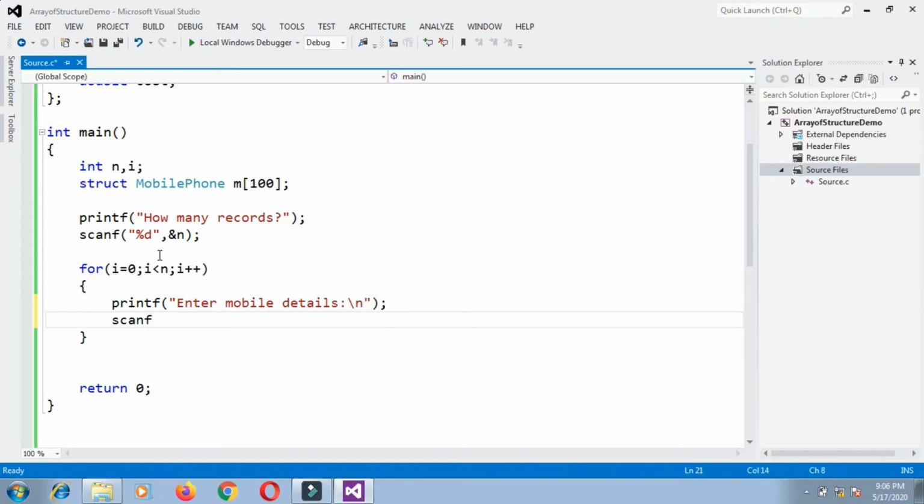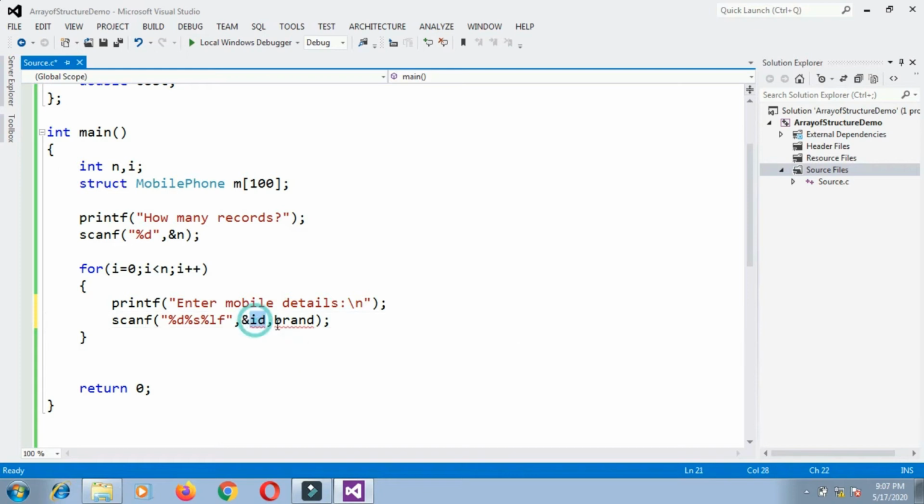And I will scan, so scanf %d for ID, %s for brand name, and %lf, which is for double, which is cost. So here ampersand ID comma brand is an array, so no need to give ampersand since it is the base address.